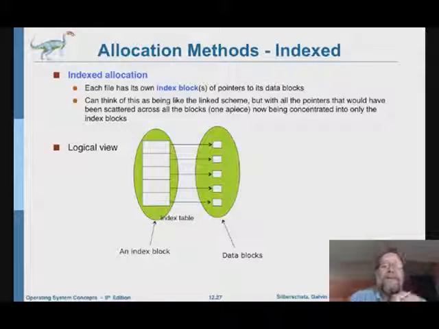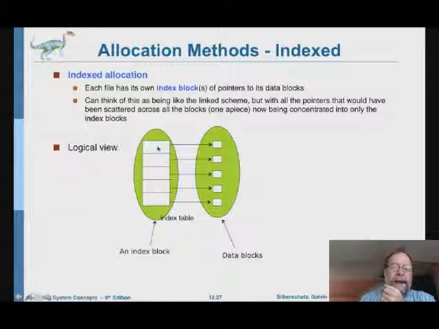So the third method for allocation we're going to look at is the index scheme. This is in some ways kind of like the fat table we looked at before, but now you're basically going to have a fat table for each of the files. Each will have its own fat table. The way that works in the simplest scheme is that for each file you specify one block to serve as the index table, and what index blocks hold are references, addresses, pointers to the data